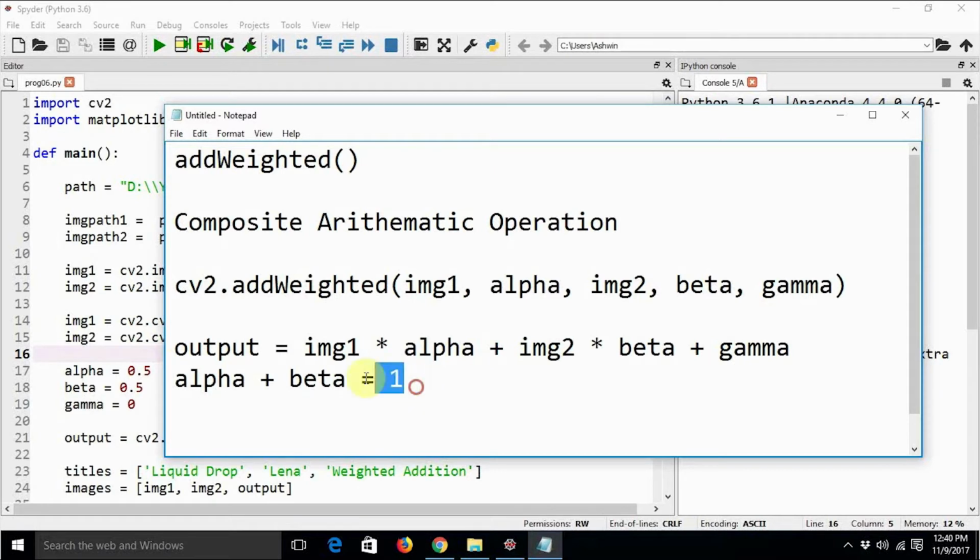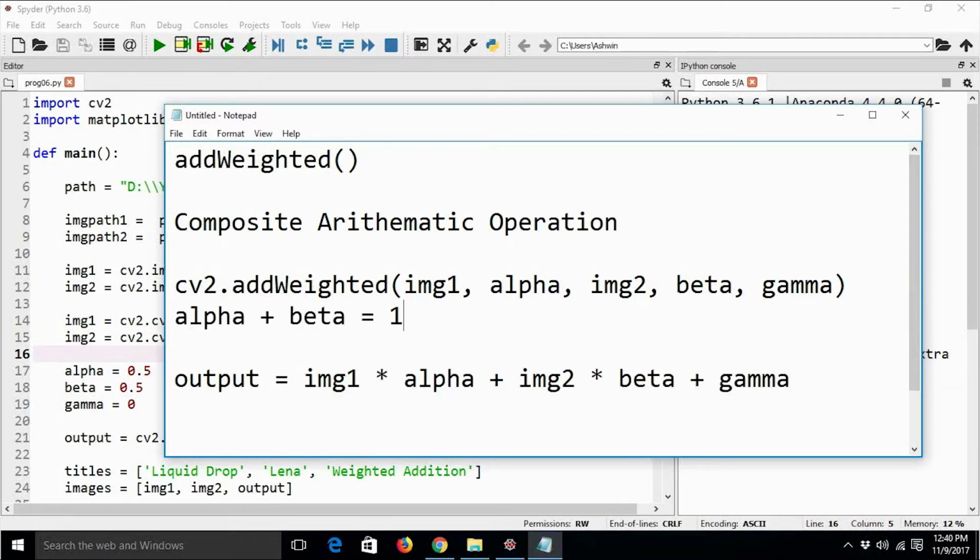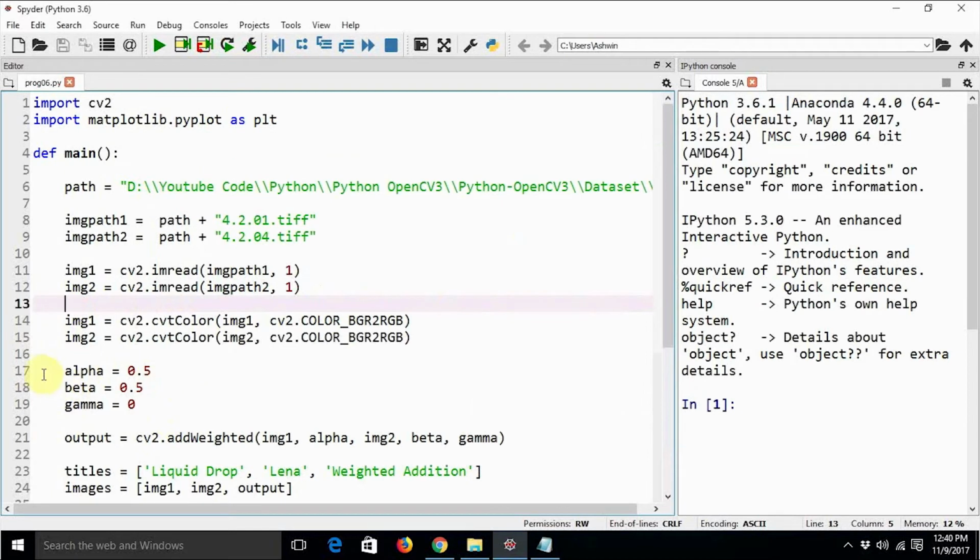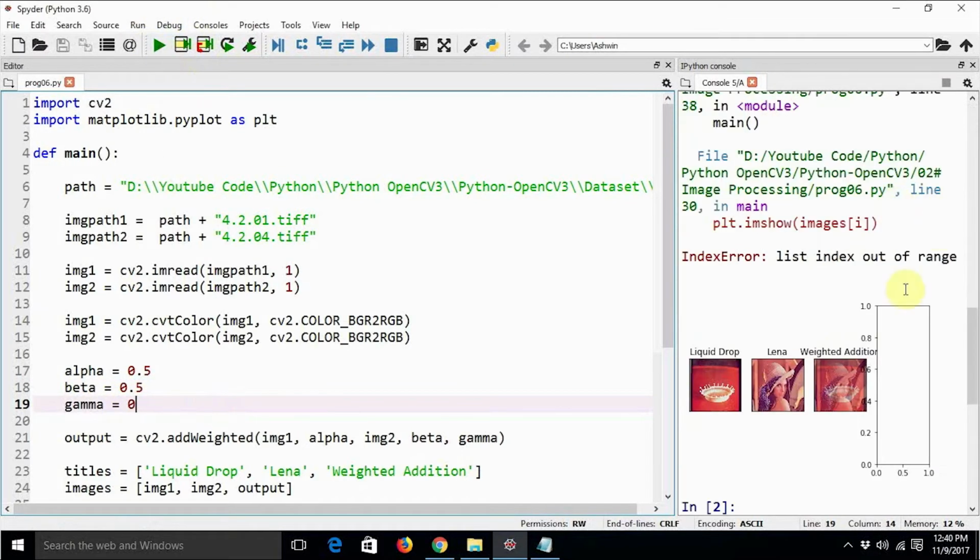Whenever we use this function with this condition, alpha plus beta equal to 1, we get a very good blending effect. So in this example, alpha equal to 0.5 and beta equal to 0.5. As of now, we are keeping gamma equal to 0. And let's see what the output is.